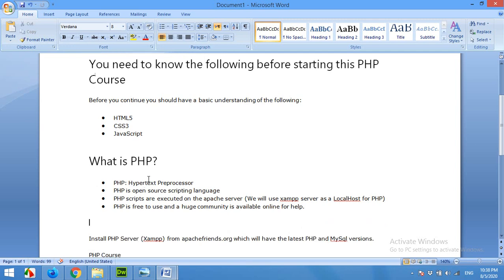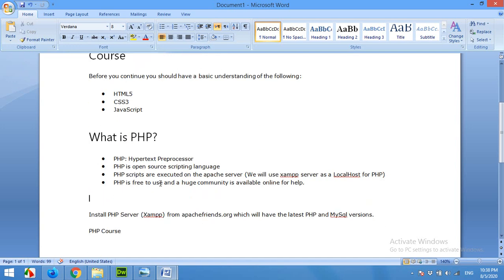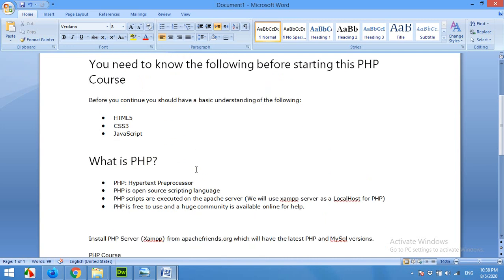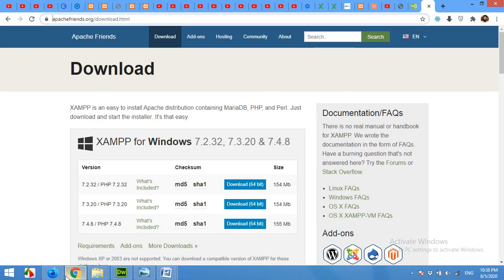And also you will need a database which will be connected using PHP, and our first step will be installing PHP server. We will be using Xampp Server from apachefriends.org, which will have the latest version of MySQL and PHP servers. Okay, what first step is, go to your browser and type